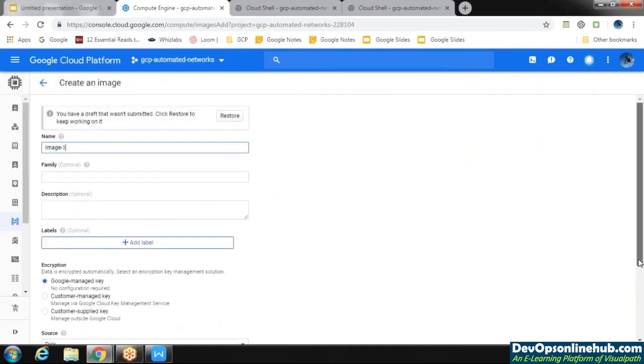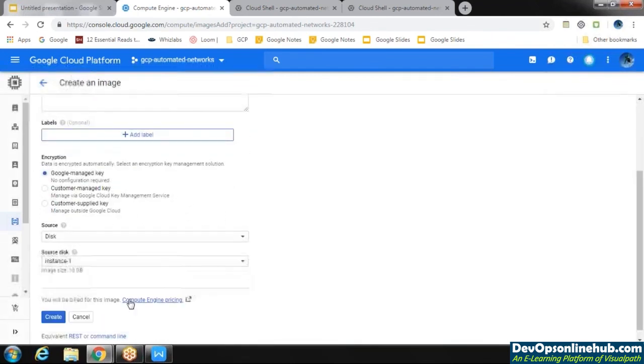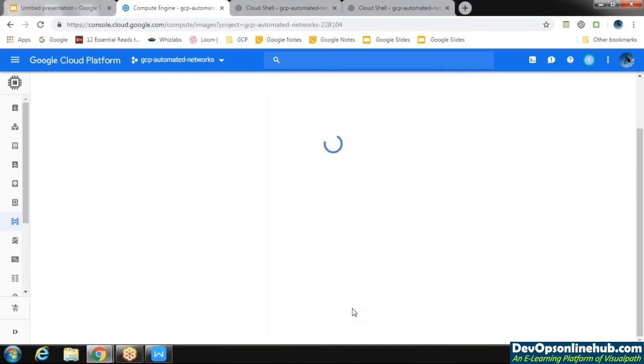Everything will be the same. We will change this type. This is one. Okay. So it is creating an image from instance one. The only criterion is that instance one has to be in a stopped state. The copy has succeeded. The creation is still in progress. So those are the main operations in Compute Engine. Next class we will probably be checking the networking part or the cloud storage part in Compute Engine. That I will confirm.